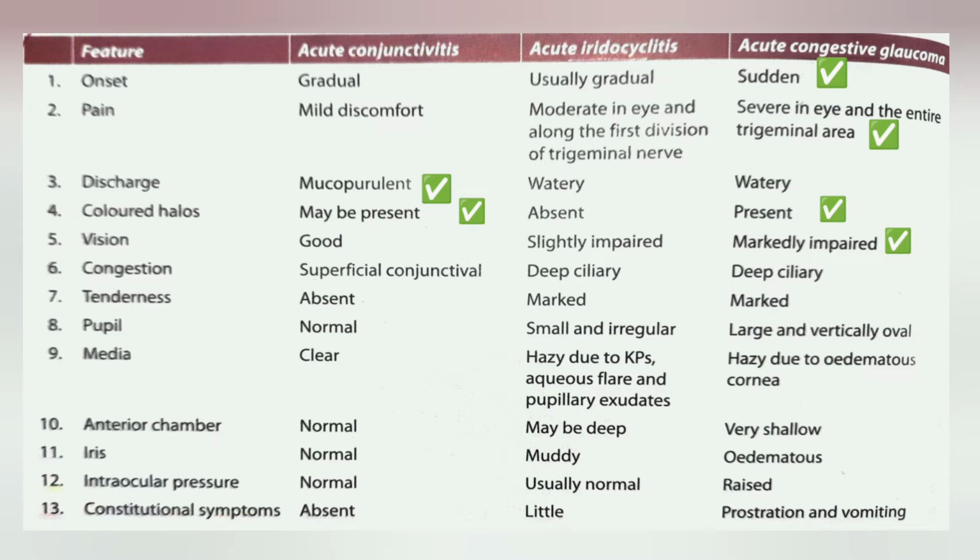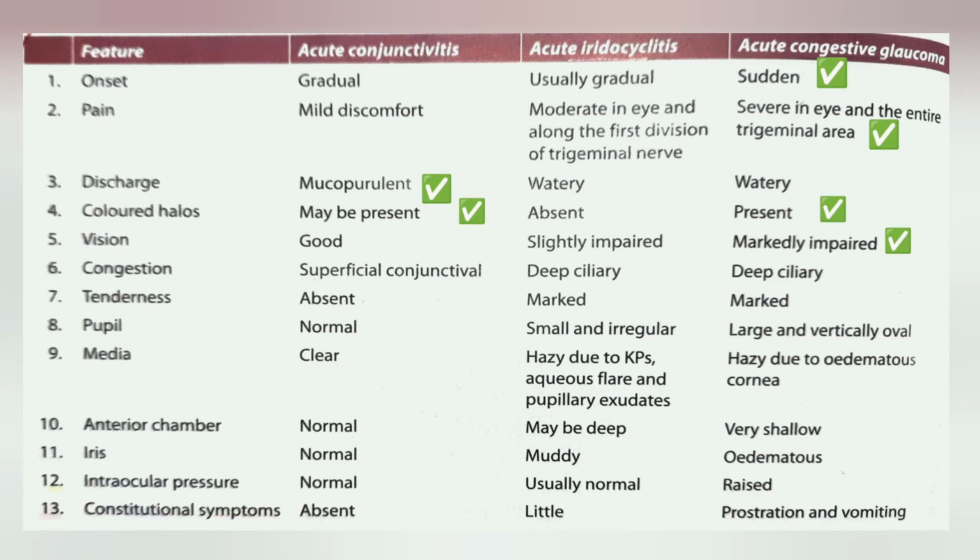To summarize, in acute conjunctivitis, there is mucopurulent discharge and presence of colored halos and superficial conjunctival congestion. In acute iridocyclitis, there is presence of moderate eye pain, watery discharge, deep ciliary congestion, and small and irregular pupil, which is very important, and then hazy media due to keratic precipitates, aqueous flare, and